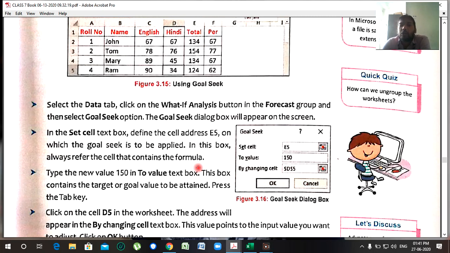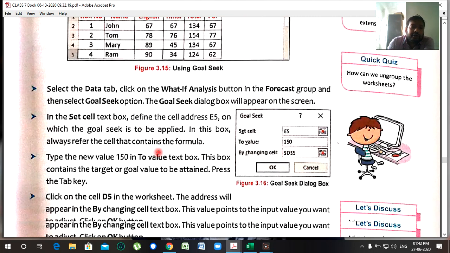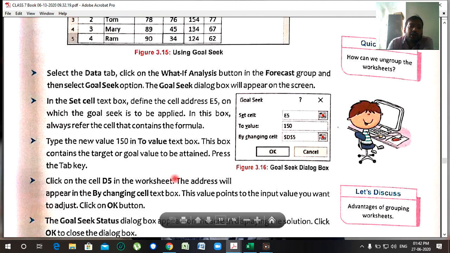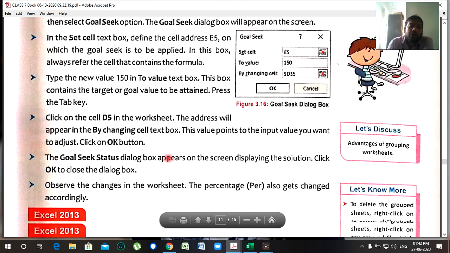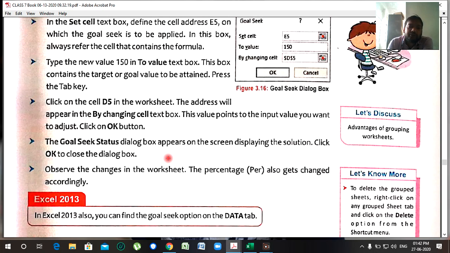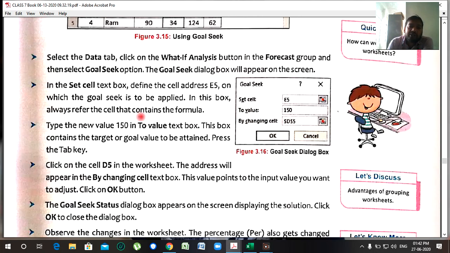When we calculate the total numbers by using the formula, you already know how to calculate the total number. Now here I am going to show you how to calculate the total percentage by using the formula. Now see here, this step in the book is given over here.